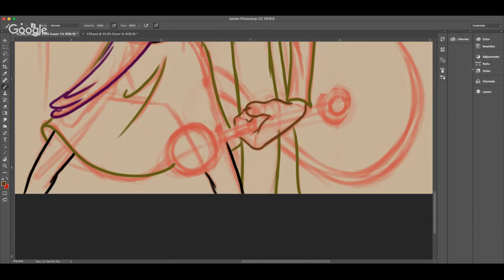And let's get black. I want to make it black. Maybe I'll use a reddish color to outline his